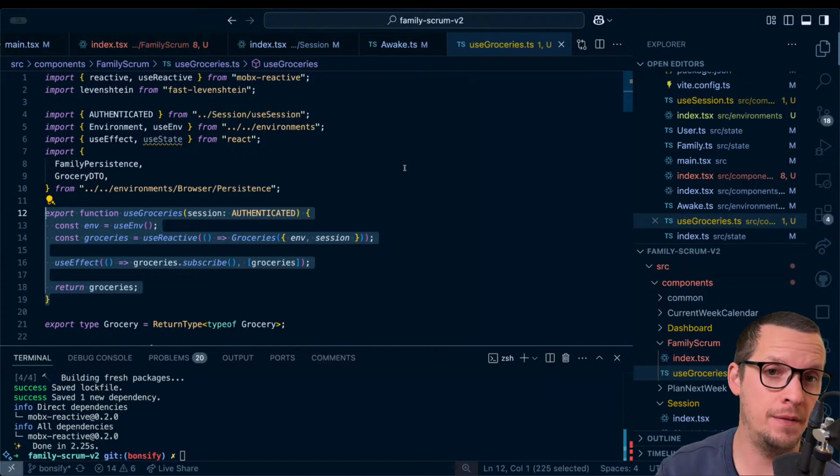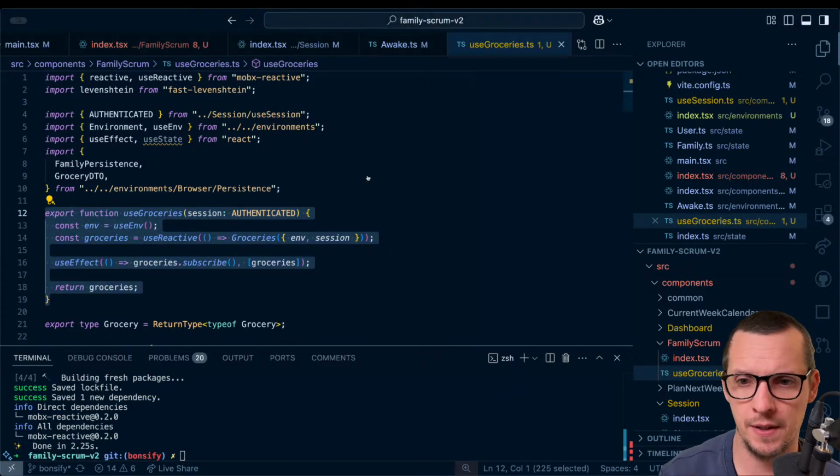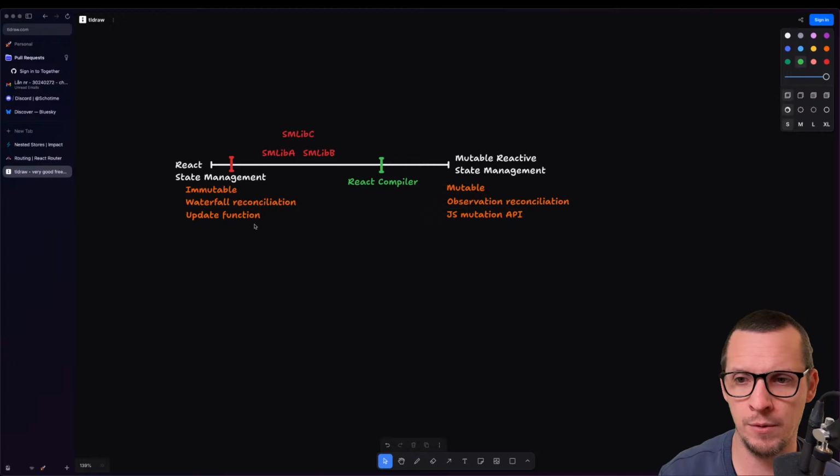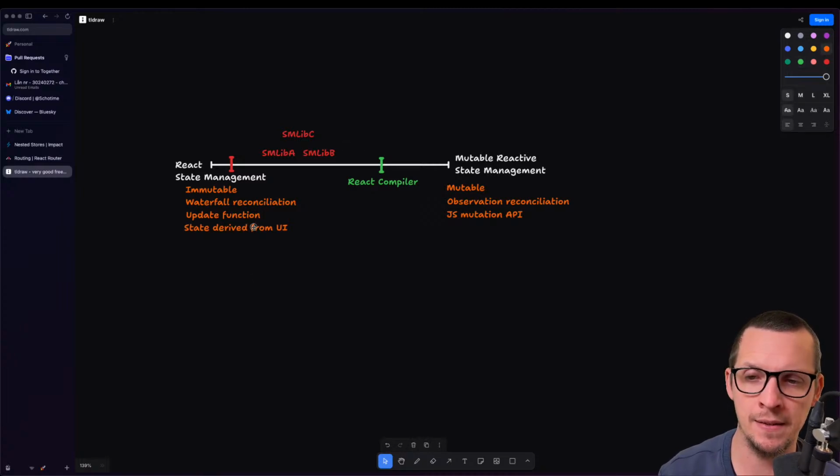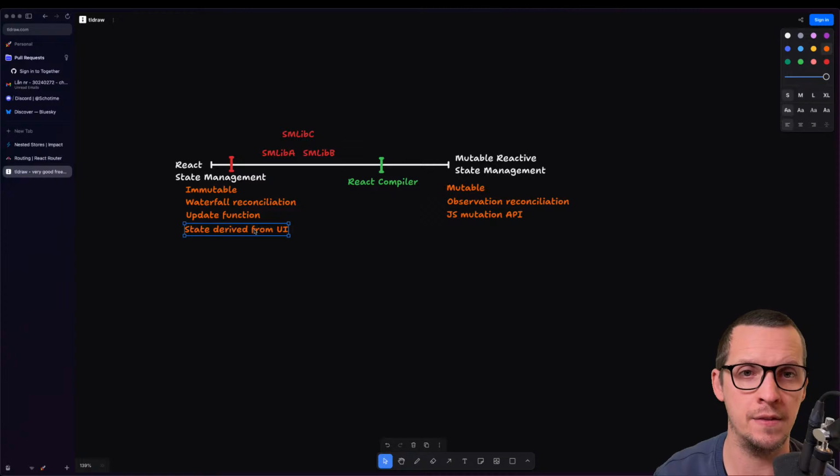Yeah, but there are just two alternatives. Either you make your state management be in the driver's seat. I think that's the thing I was trying to express here. It's like I was stating, who drives the state? So is state derived from UI? That means it's your components that are moving things forward.